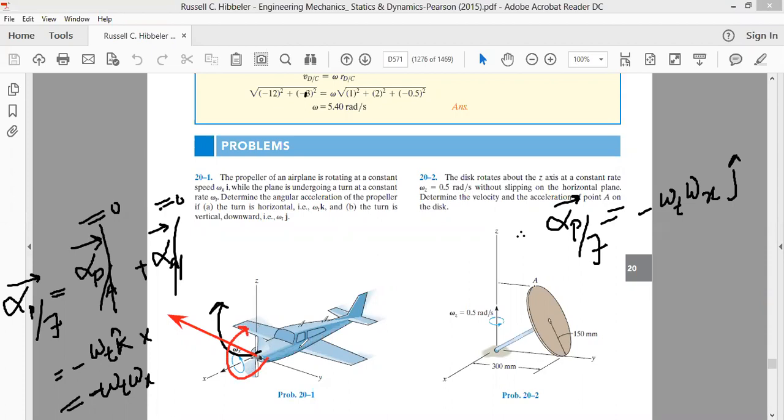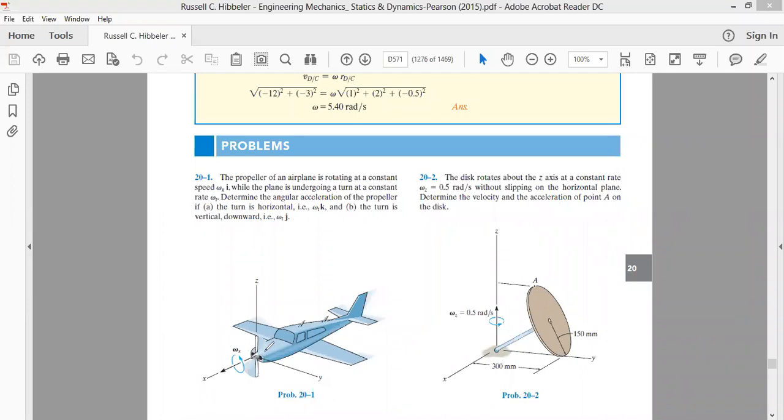What does that mean? That means the tail of the aircraft will go down, the nose of the aircraft tends to go up. Okay, so look, as the aircraft is taking a left hand turn, the nose of the aircraft is going down, and as the aircraft is taking a right hand turn, the nose of the aircraft goes up. But it all depends upon the sense of rotation of the propeller. In our case, the propeller was rotating anti-clockwise. Now, if the propeller is rotating clockwise,